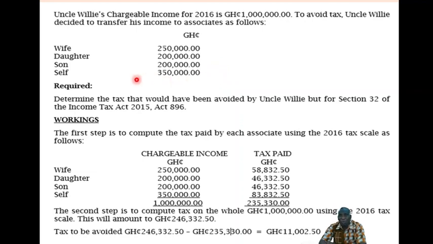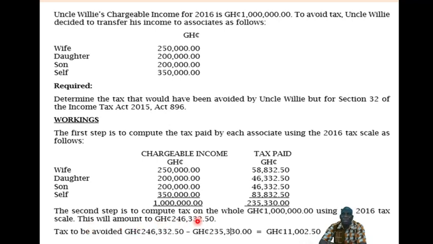You see, they will start with profit per accounts. This is the profit for the business. Remember, it's a one-man business. So profit per accounts would have been 350,000. Then they are going to add back those tax avoidance schemes that reduce the profit. They will add back 250, 200, 200 again to the 350, and the whole thing becomes 1 million. Then the tax will be computed on 1 million using the same graduated rate, and that will give you